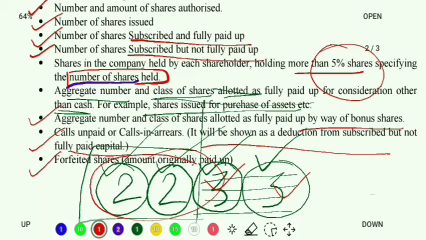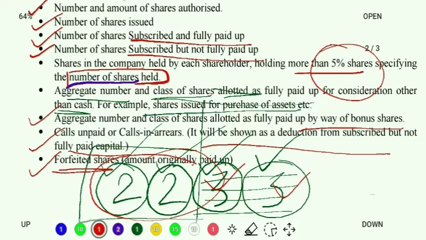More details you will learn about shares when you learn the chapter shares. You have a shares chapter. There you will be understanding these concepts in more details. But for the time being, just understand that in case a shareholder is unable to pay the money, what happens? The company can forfeit or take back his shares. That is called as forfeited shares, and this forfeited shares, where is it posted in the balance sheet? It will come as an item under the share capital.